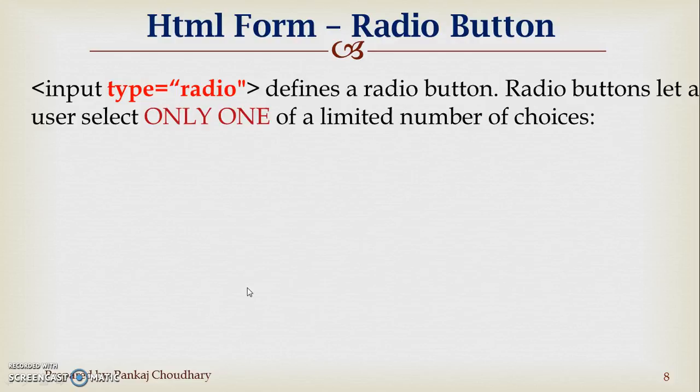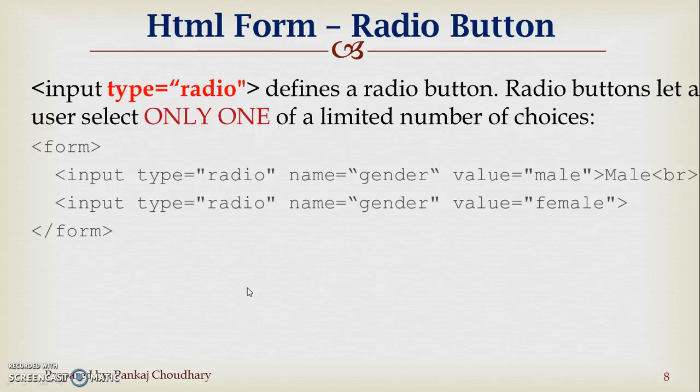The next field is the radio. It defines radio buttons. Radio buttons let a user select only one of a limited number of choices. This form has two radio buttons of type radio. The name of these two radio buttons is the same, gender. The value of the first radio button is male and the value of the second radio button is female,